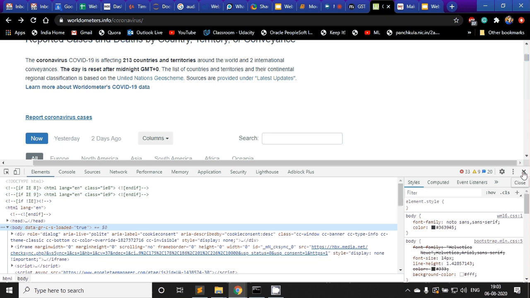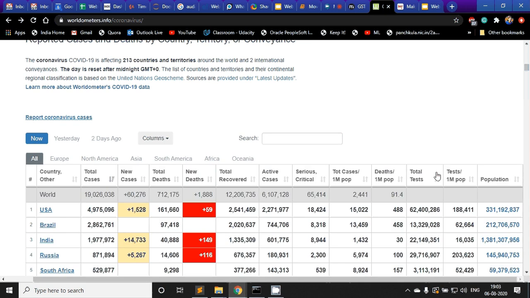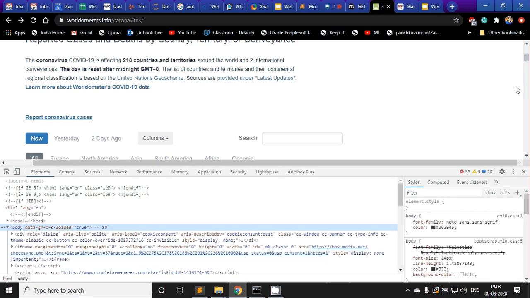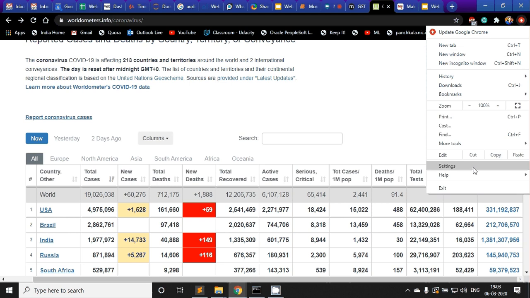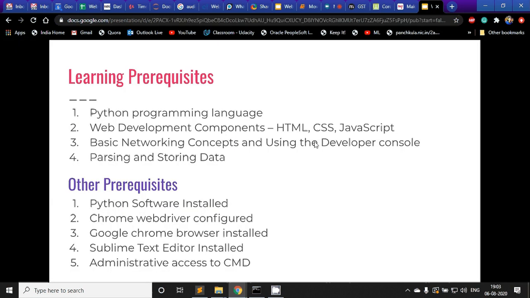You will have to use some other tool like Postman to inspect these network requests, but it is already provided in Chrome. How you do it is you just press F12 on your machine to open this console. I think from here also somewhere you can go, but F12 will open that console. So we will understand how to use that developer console to understand the network request and fetch the data accordingly.